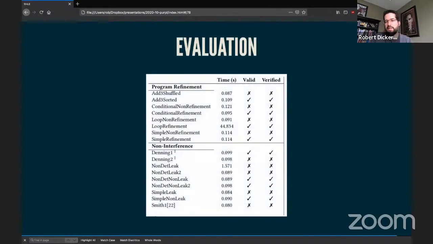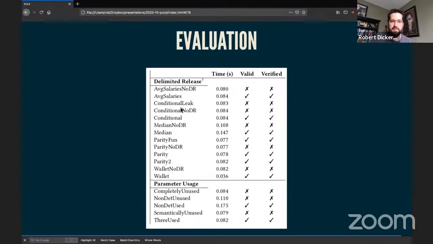Okay, here's some evaluation. Actually, I don't have evaluation numbers for the Sketch-based approach yet. As you can see, modulo this one example here, it tends to run pretty quickly and gets the right answer. We have some program refinement examples, some non-interference examples, some delimited release examples, and we also have this other parameter usage example we came up with, which is basically saying,